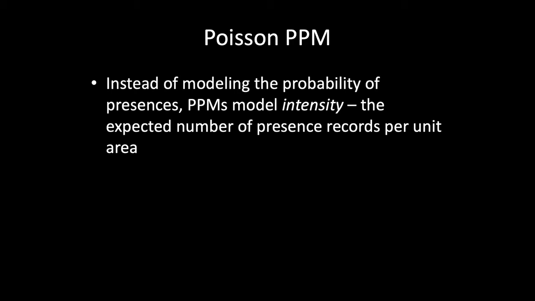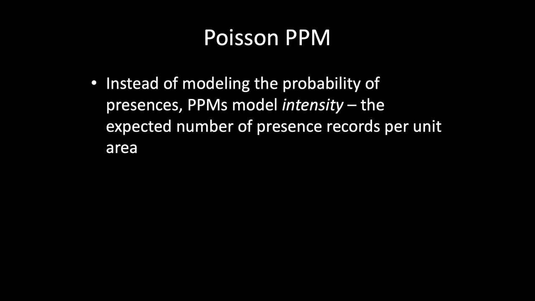Okay, now we're going to talk briefly about Poisson point process models. These models are fairly similar to GLMs in a lot of ways, and actually you can essentially use a GLM as a Poisson point process model or a Maxent model as a Poisson point process model with a few modifications. The fundamental difference is instead of trying to model directly the binary presence, absence, or presence background for your species,